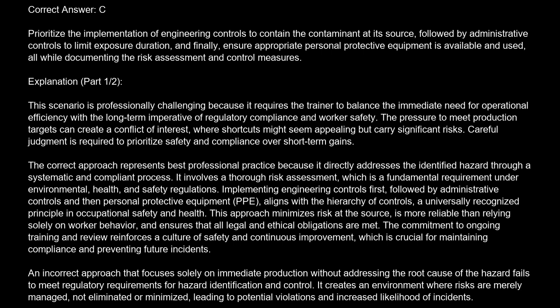The commitment to ongoing training and review reinforces a culture of safety and continuous improvement, which is crucial for maintaining compliance and preventing future incidents. An incorrect approach that focuses solely on immediate production without addressing the root cause of the hazard fails to meet regulatory requirements for hazard identification and control. It creates an environment where risks are merely managed, not eliminated or minimized, leading to potential violations and increased likelihood